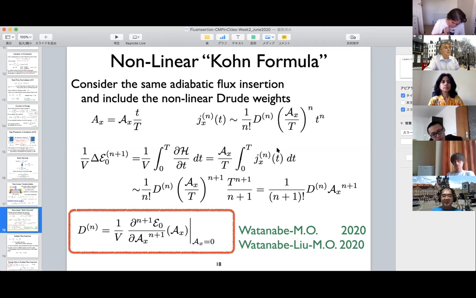Then because this nth order current has this particular time dependence, you can integrate over time t, and you get the capital T, which is the length of the adiabatic insertion process, to the n+1 power divided by n+1. But this power of T just cancels with this denominator, which appears as the strength of the electric field. So at the end of the day, the higher order term, you get the